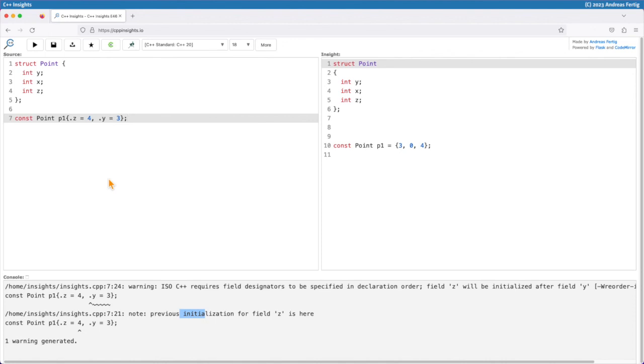I hope you learned something today that you can apply to your C++20 code base, and I look forward to our next